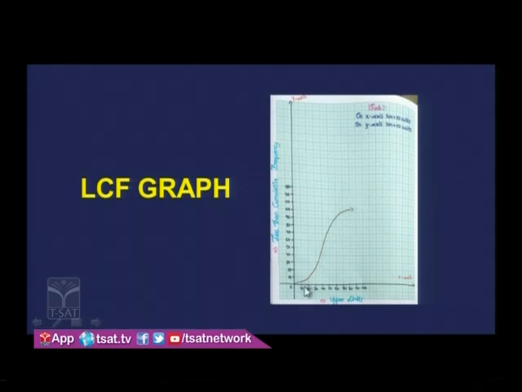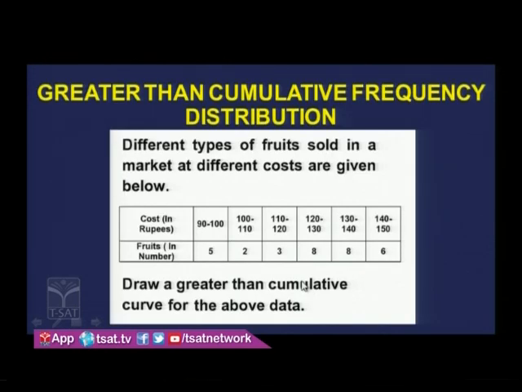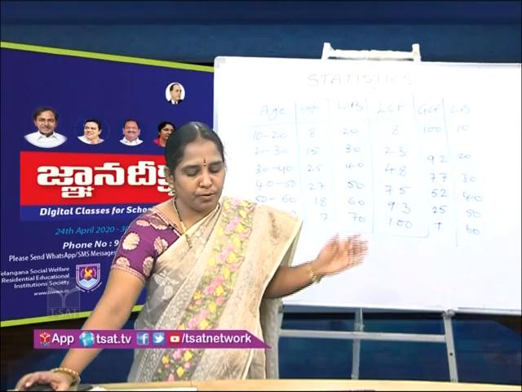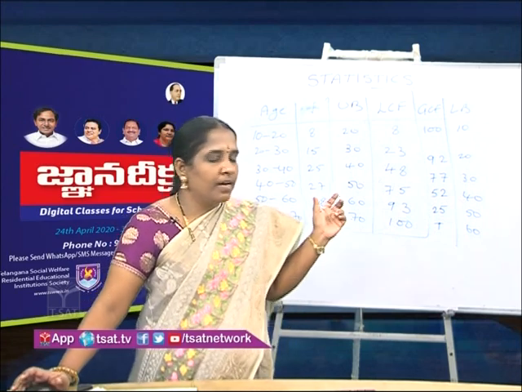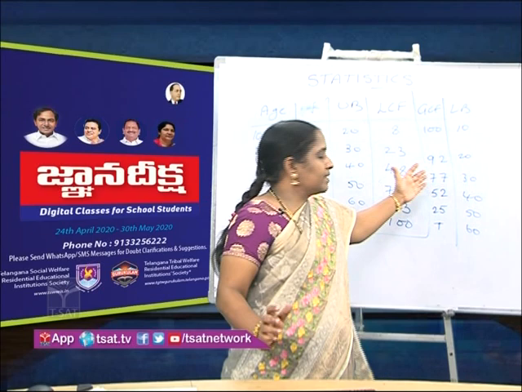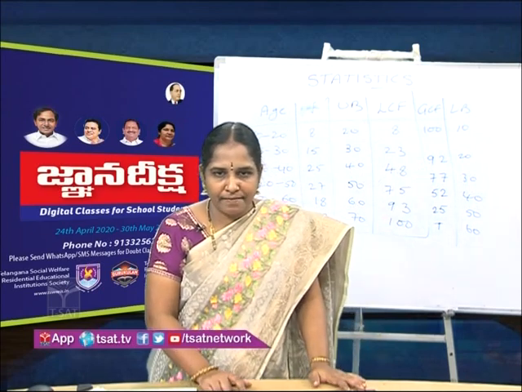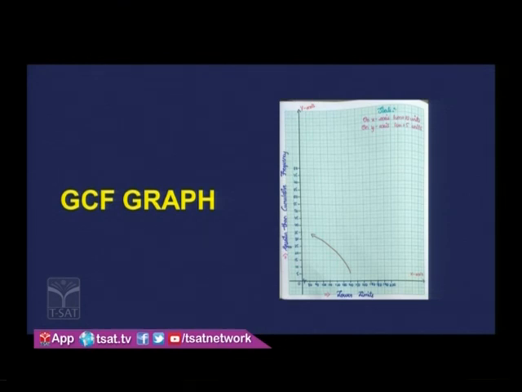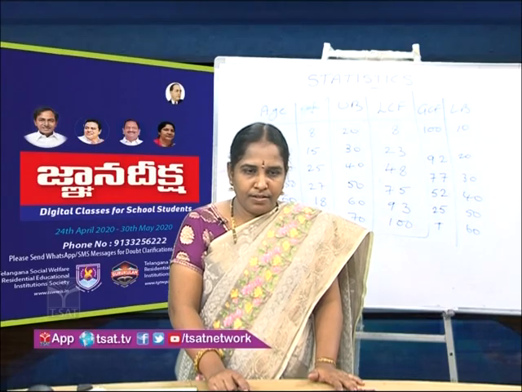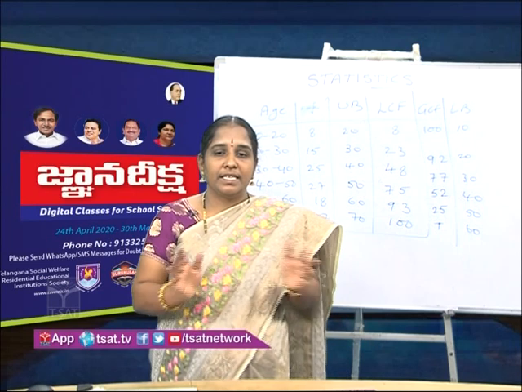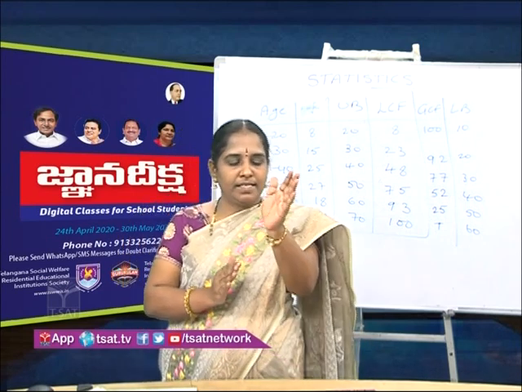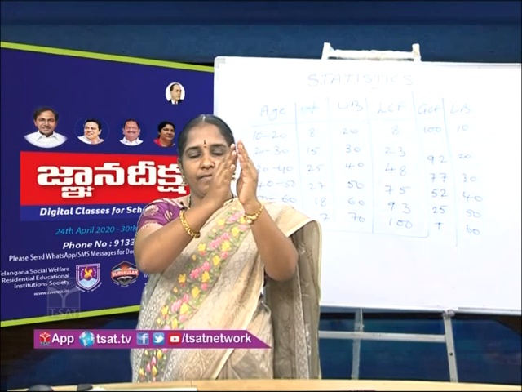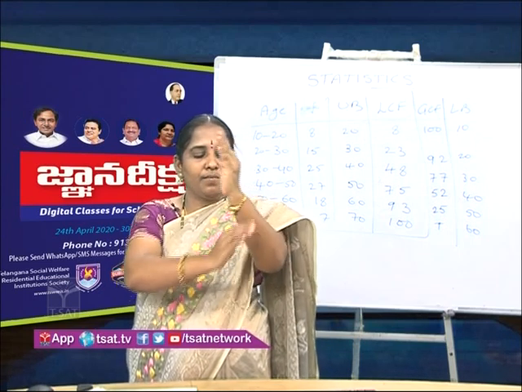This curve is called ogive curve. It is derived from the word ogive. And similarly for the greater than cumulative frequency, I already explained how to prepare the greater than cumulative frequency distribution on the board. Taking these lower boundaries on x-axis, GCF on y-axis, if you draw the graph, you will get a graph like this, marking all the points opposite to the particular values. The points if you mark on the graph, you will get a curve like this, which is called GCF curve. And you know children, we can draw these two graphs in the same graph paper. Like this is less than, concave to convex, and one more here, greater than.